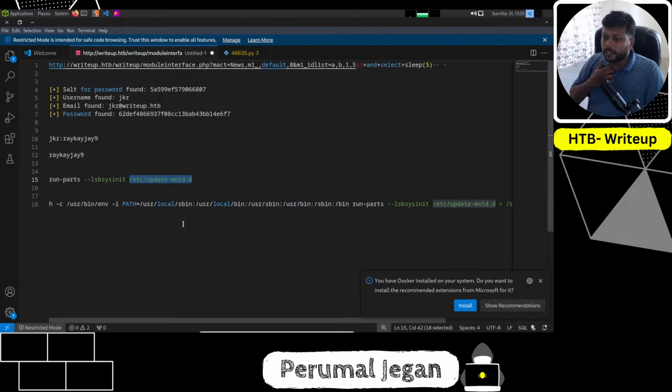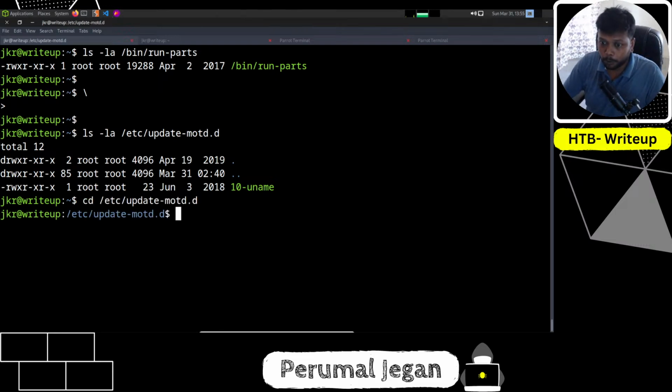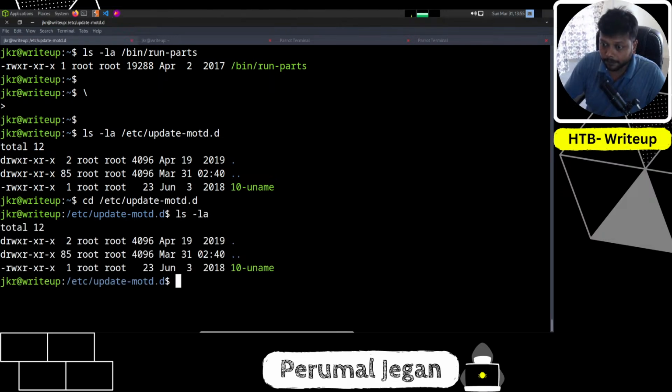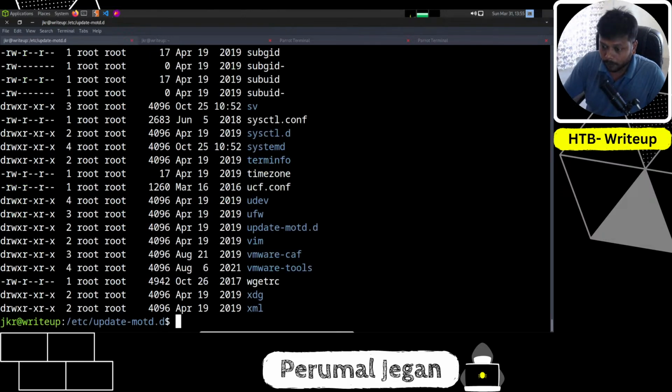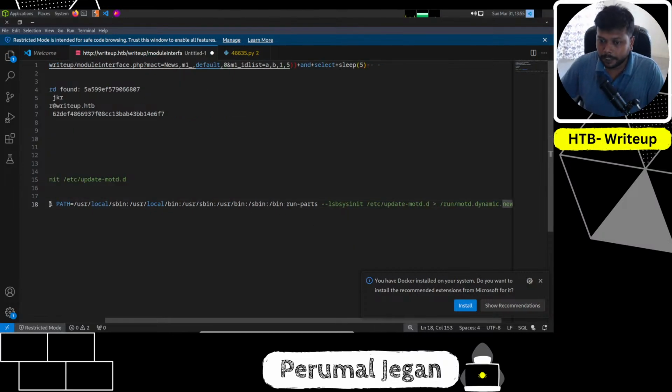Okay, I think I got what I need to do. I'm not going to do anything with this update-motd.d. ls -la. Update-motd.d, I don't have any privilege to modify this, but here in this specific